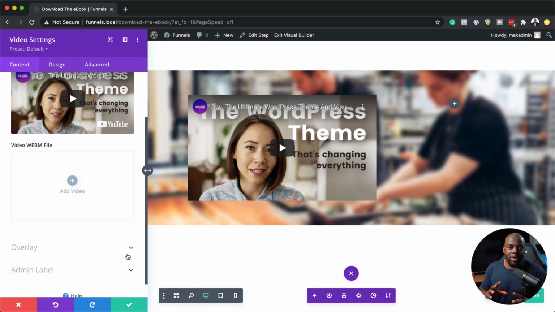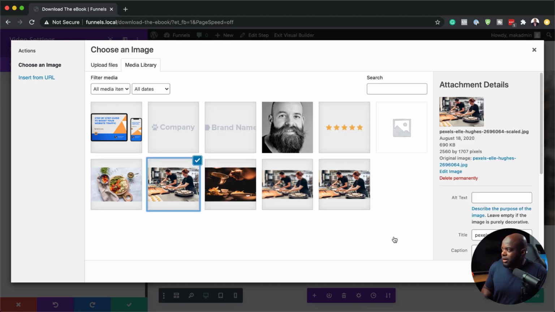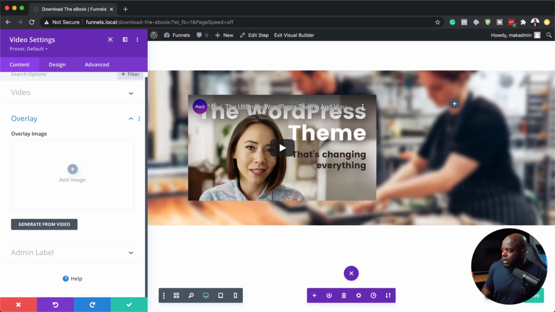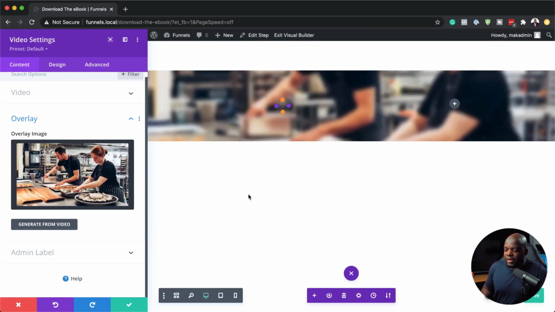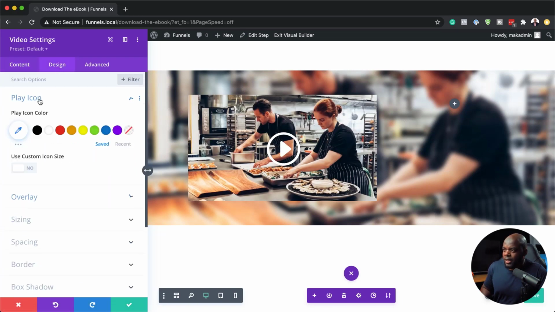So what I'm going to do is I'm going to add an image overlay. So I'm going to come over here to overlay, click on this plus button and add our image. So the image I'm going to go with is this image right here. In fact, let me go with this one here. Upload an image. So now you can see that the standard video has been replaced now with this one here, which is great. Next, I'm going to come over here on design, play icon,